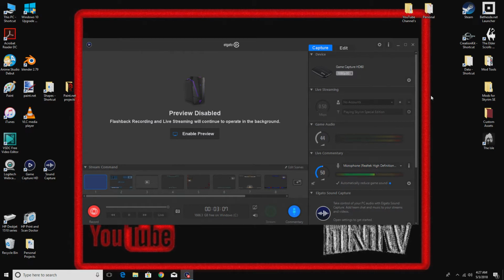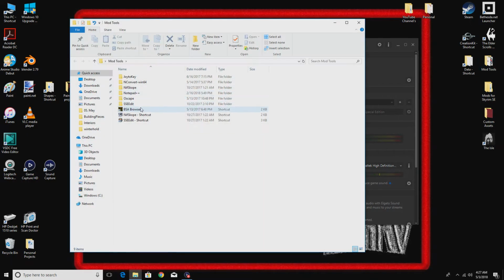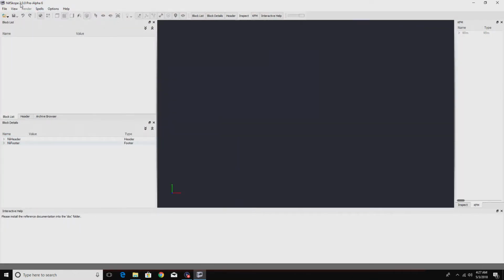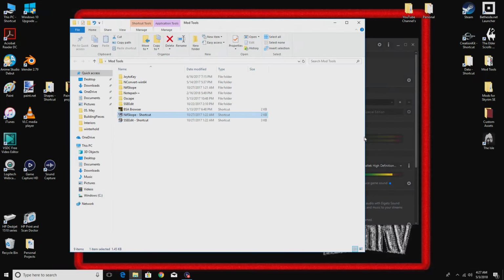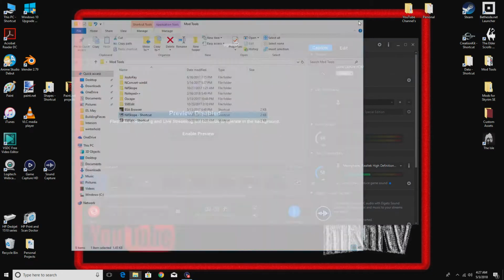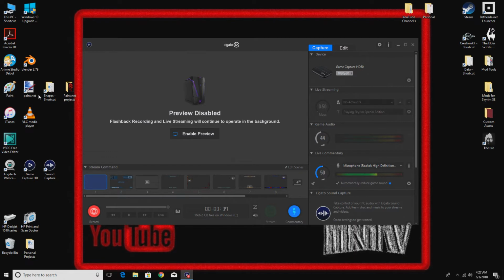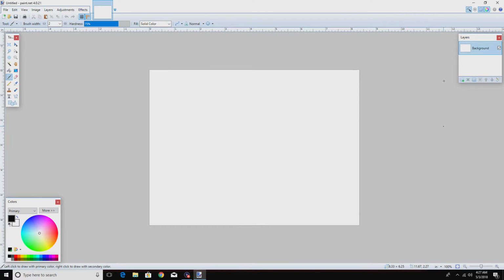want to have NifScope, the latest version. As of this video, I am using NifScope, I believe it's 2.0, let's see, 2.0 pre-Alpha 6. And also, for those interested in what texture program I use, Paint.net. This actually allows layers, just like